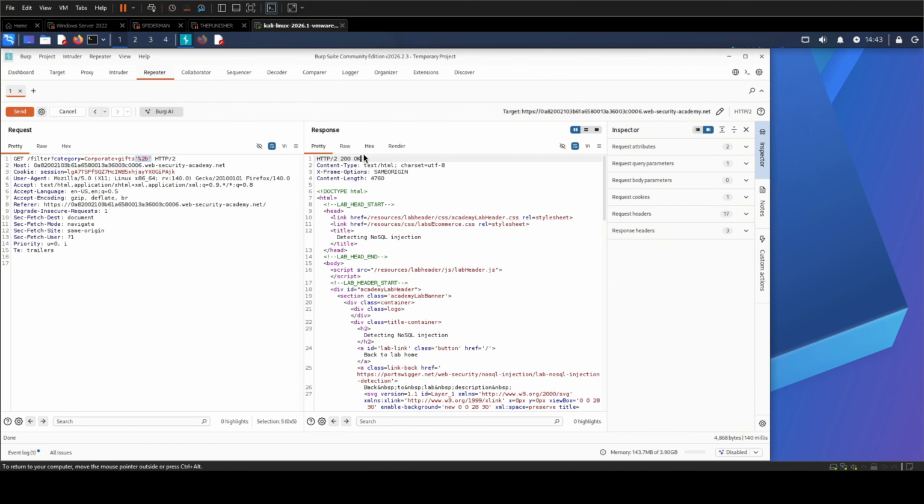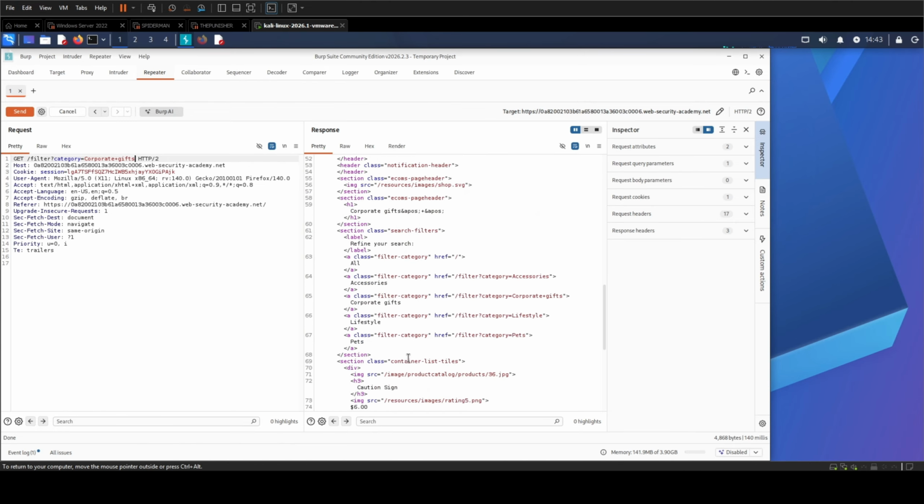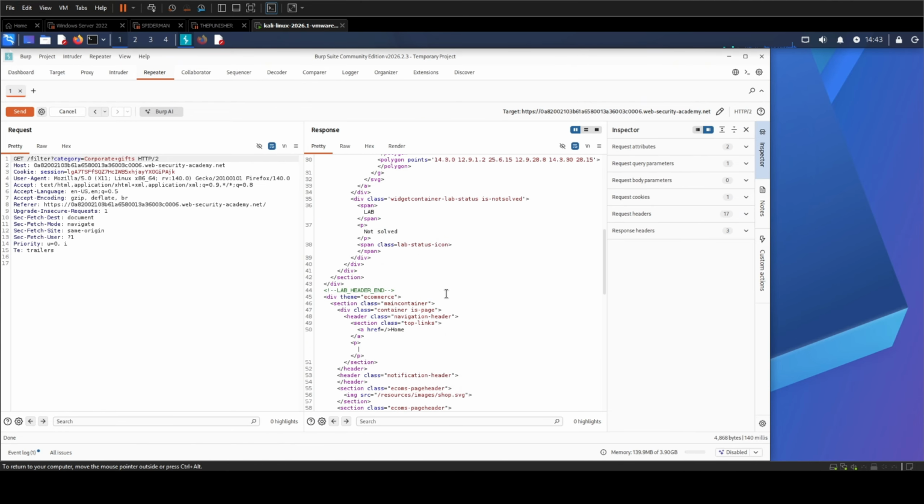And no error this time, which is the entire point. We handed it something valid, it ran it, came back clean. So the app isn't just tripping over our input, it's evaluating it as code. That right there is the detecting this lab is named for. The injection's confirmed. So now let's see if we can steer it.